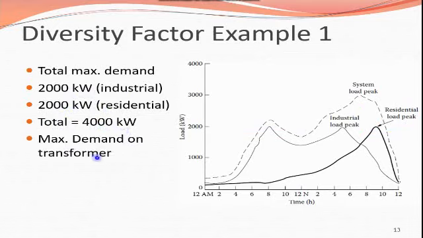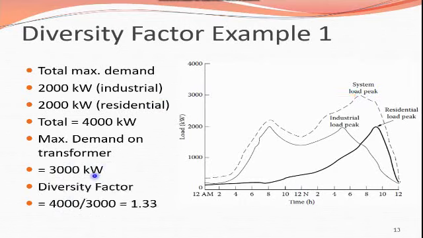Now the maximum demand on the transformer is equal to 3000 kilowatt. The formula of diversity factor is equal to the sum of individual maximum demands divided by the maximum demand on the power station. Here the maximum demand on the system load is equal to 3000. So diversity factor is equal to 4000, the total individual maximum demand, divided by the maximum demand on the power station, 3000. So it is equal to